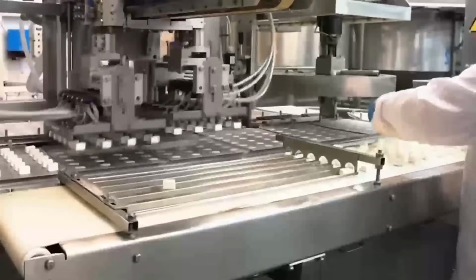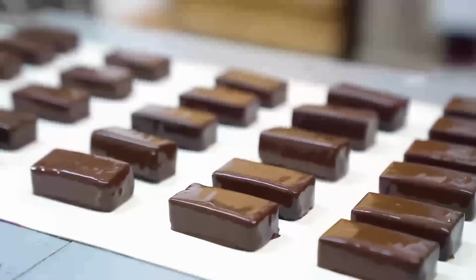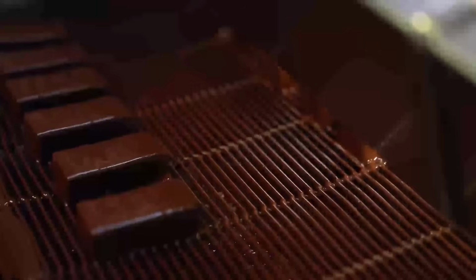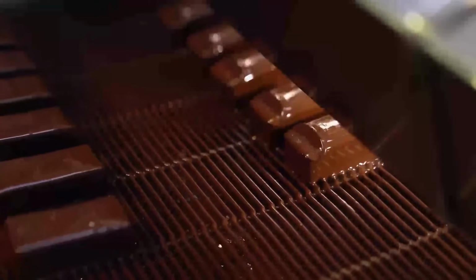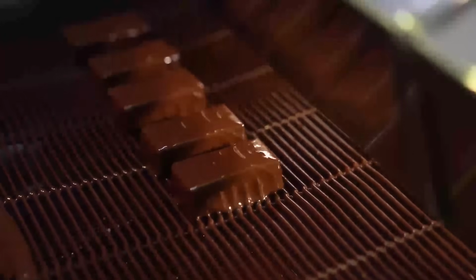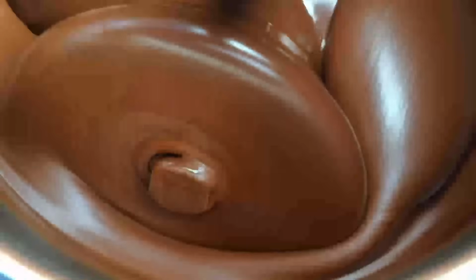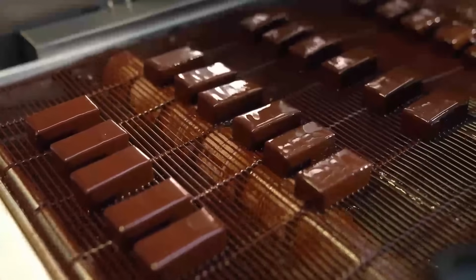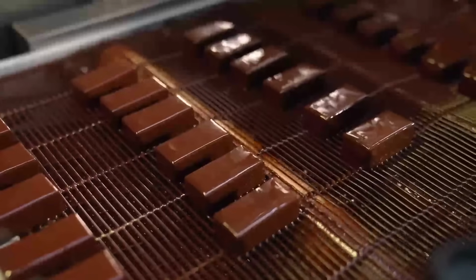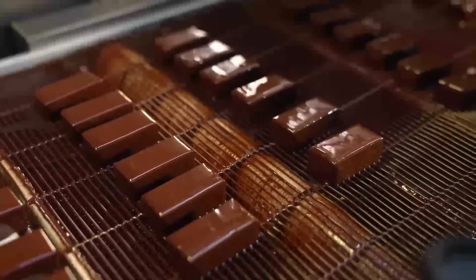Following the visual inspection, the bars pass through an inline check weighing station. This precision balance system measures the mass of each individual bar down to the 1/10 of a gram. Bars that are even slightly under or overweight are flagged and rejected from the line. This strict weight control not only ensures product consistency and consumer satisfaction, but also regulatory compliance, as all packaged goods must meet labeled net weight declarations. These check weighers are recalibrated frequently during production to maintain absolute accuracy, and the results are logged digitally to provide